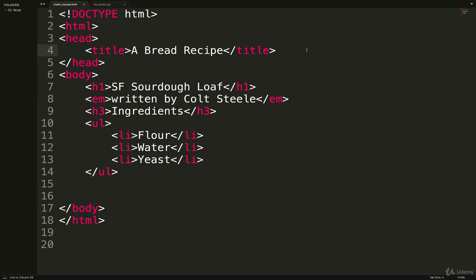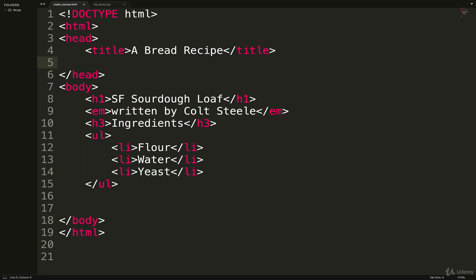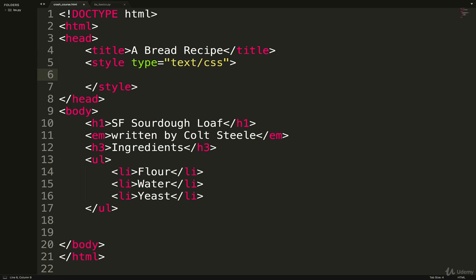So what I'm going to show you here is not necessarily best practice, but because this is a short video, I'm going to just show the quickest, easiest way to add style. We can type a style tag. What you're usually supposed to do is put your CSS code in a separate file and then link to it here, so that you have an HTML file and then a separate CSS file, but I'm going to do it inline, meaning in the same file.